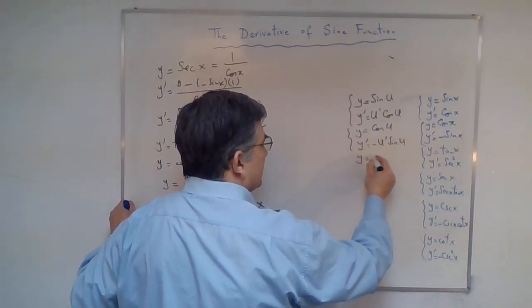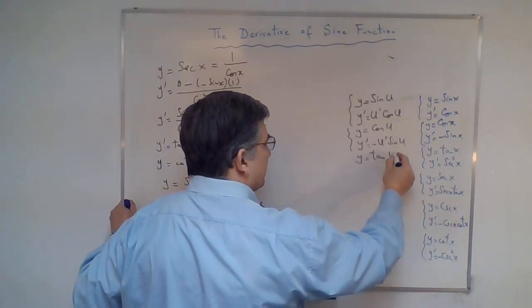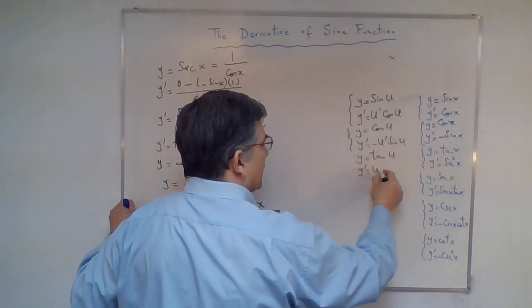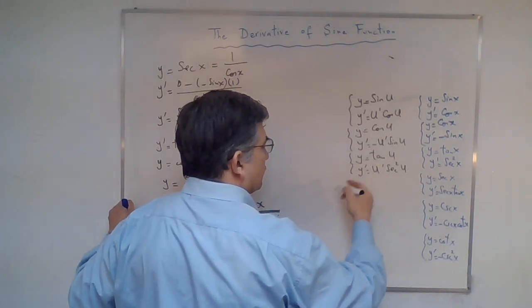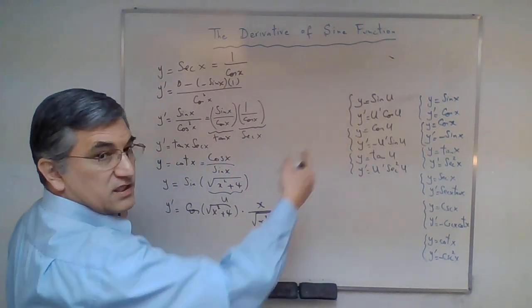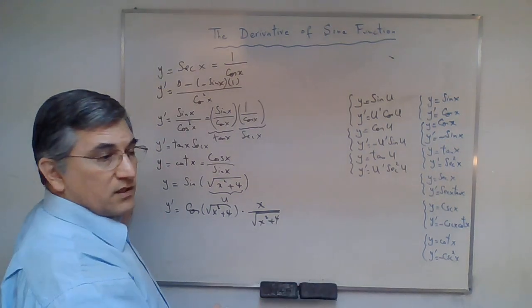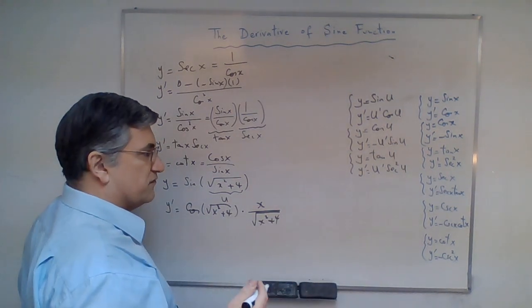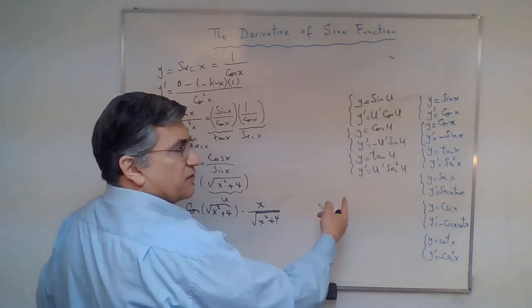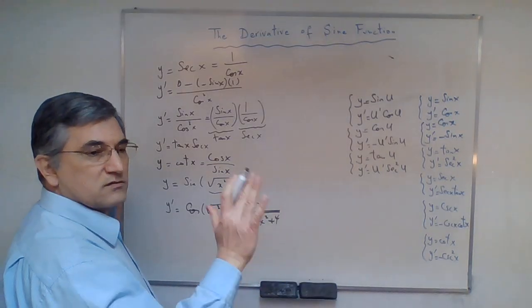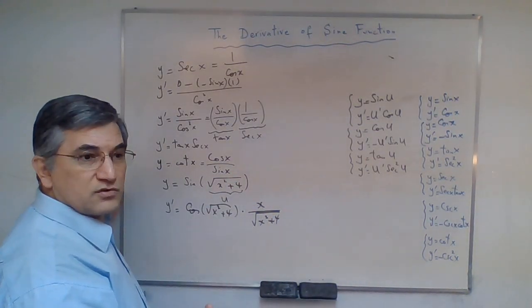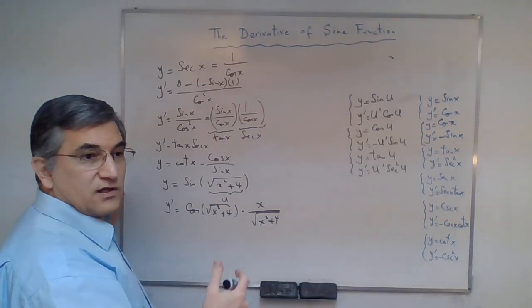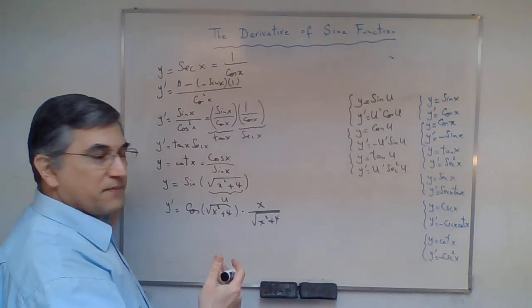Then we have y equals tangent of u, whose derivative is u prime secant squared of u. You know where this is coming from. I'm getting the ideas from the original formulas that I proved earlier. And these formulas are not in the book, but be my guest. You know, that's what friends are for. I give these shortcut formulas to you so that you learn and use them and enjoy actually using them in